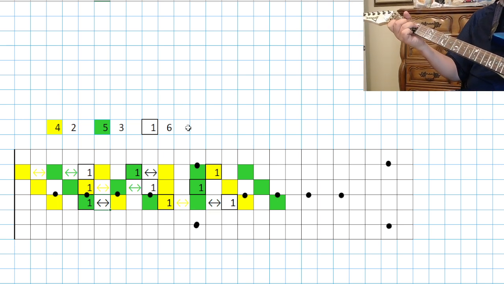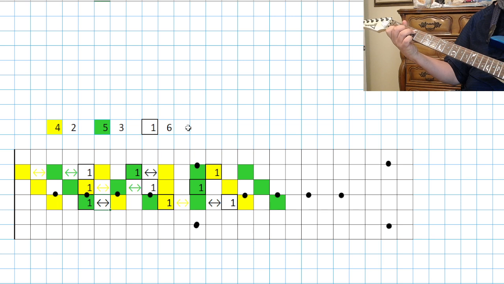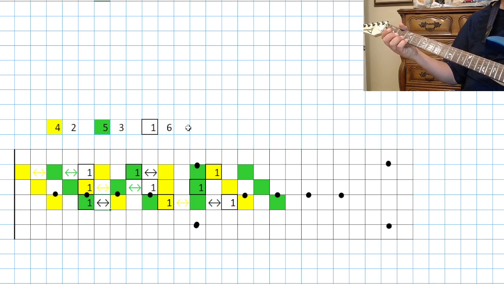But if I just use my pinky down on the string up here, you can see I'm going from the 1 to what must be the 2. And the 2, a higher extension of a 2, is usually going to be called a 9. So if you need some kind of 9 chord,